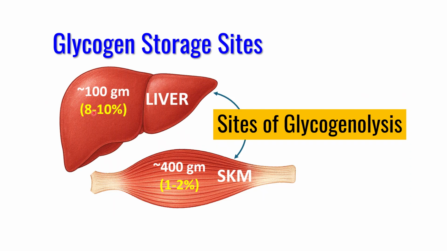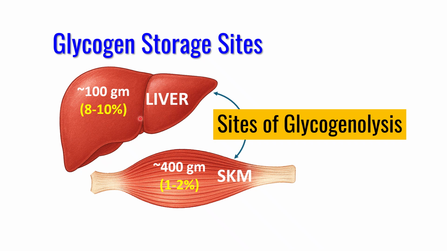Let's explore the site of glycogen storage and the sites where glycogenolysis occurs. The liver and skeletal muscle are the main glycogen storage sites in our body. The liver stores about 100 grams of glycogen, which is roughly 8 to 10% of its weight. This glycogen is a stored energy fuel that supplies glucose during fasting for up to 12 to 18 or 20